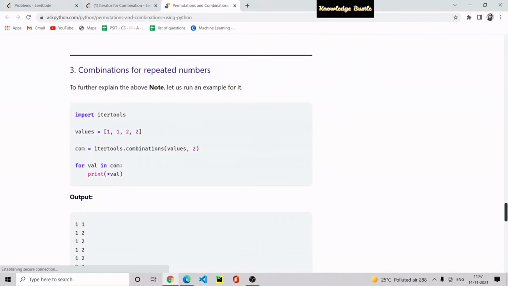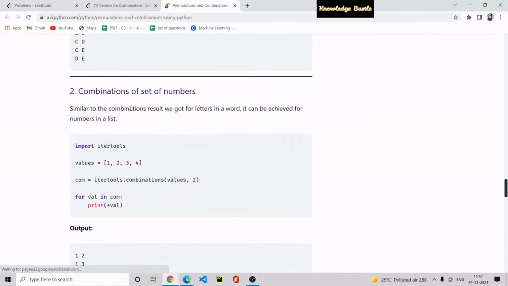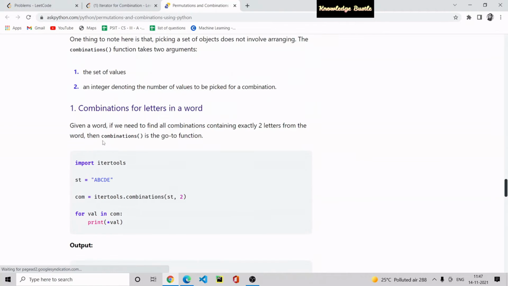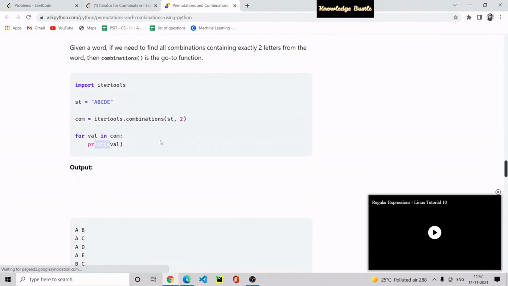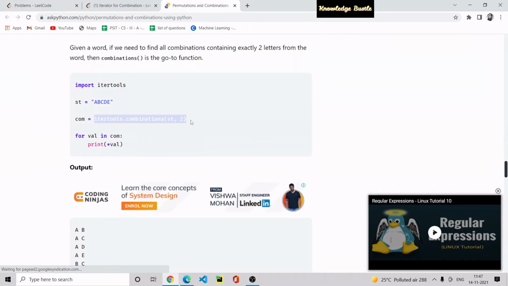Combination of this string. For finding the combination of this string, we just write itertools.combinations(s, 2). Here the 2 is the size of the combination.